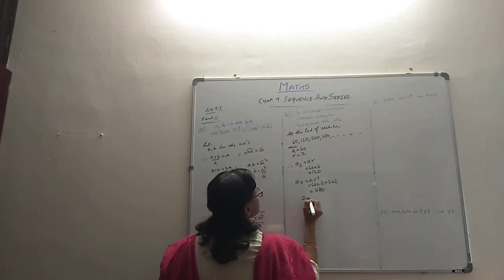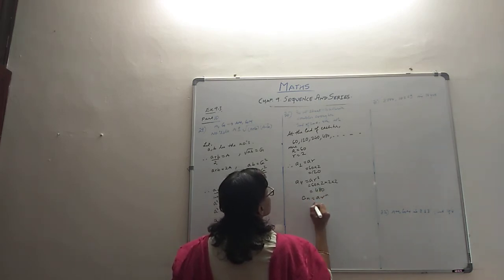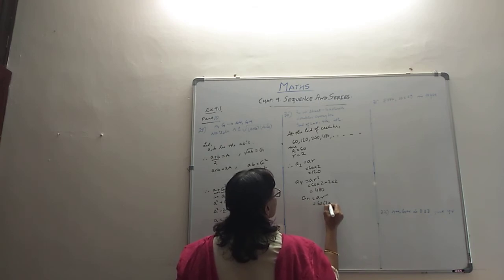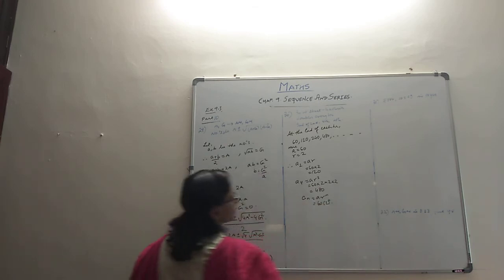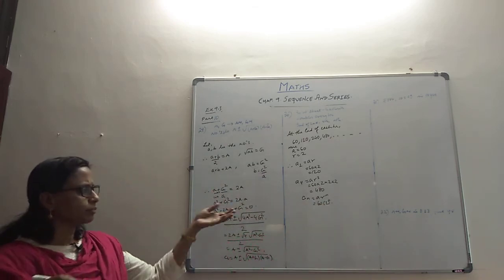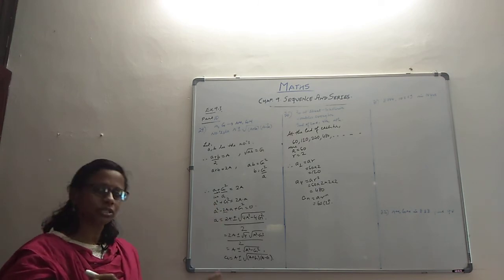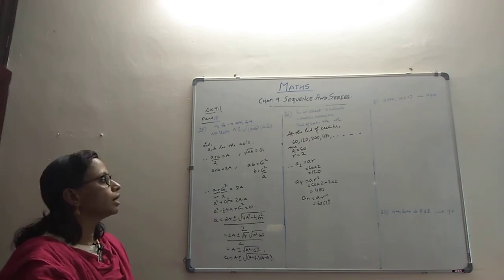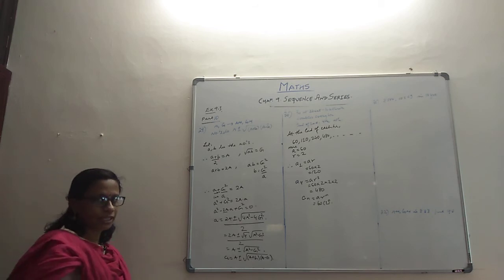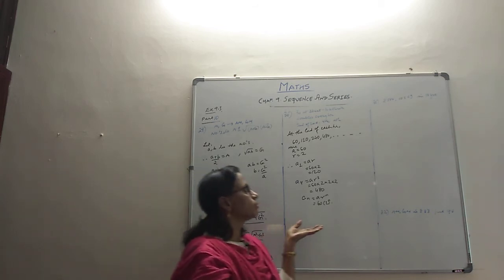Then AN, AR raised to N. So 60 into 2 raised to n. If you want, you can import the 2 from there and whatever, but it's okay. This is how you get the number of bacteria at the end of the time that they have told us. That's about the problem number 30.